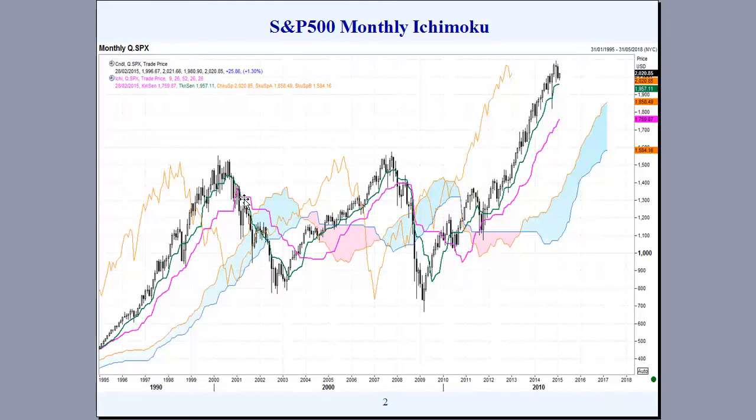And we saw that here previously in about 2001, the rally back up to attempt to break out through both the Kijun-sen and the Tenkan-sen, and then the market selling off strongly from there. And that's what we saw previously. Then the recovery, the market trading up through each of the indicators and breaking the cloud and giving us this major bull that we've seen.